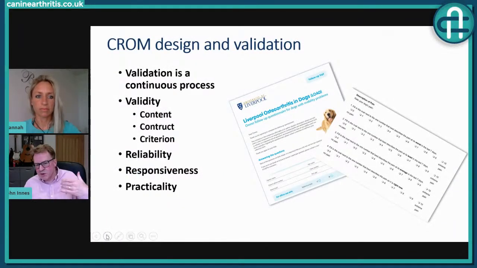So I won't bore you with the science of validation, but this is all borrowed from the field of psychology, really. And we're looking to make these questionnaires reliable and robust, but also responsive, so that if there is a change in the clinical status of your dog with respect to arthritis, we can measure that change. And if we can measure the change, well, then we can start to decide which treatments work well for your pet and which don't. And also we can use these instruments in clinical trials to decide which drugs are beneficial and which are not.